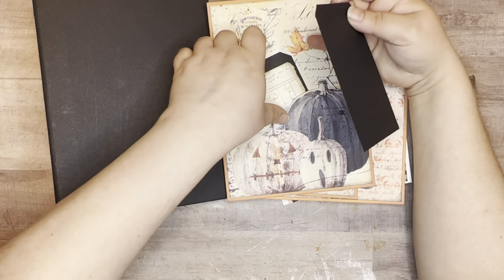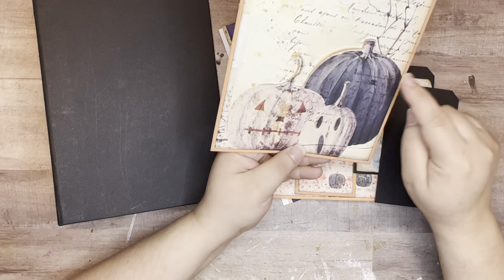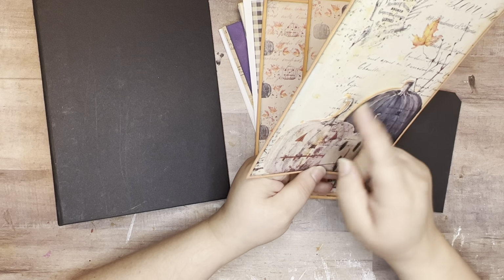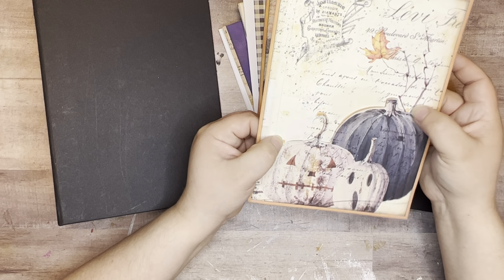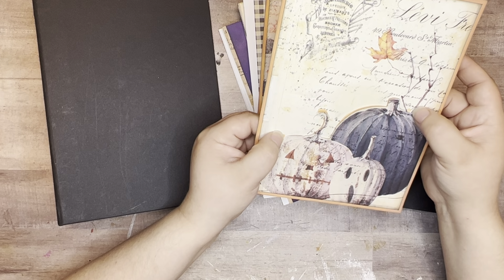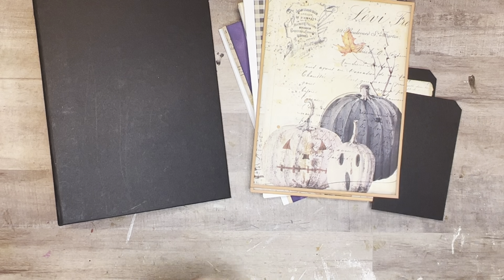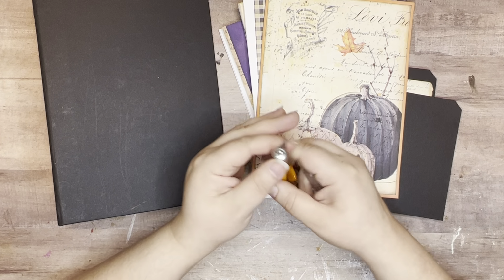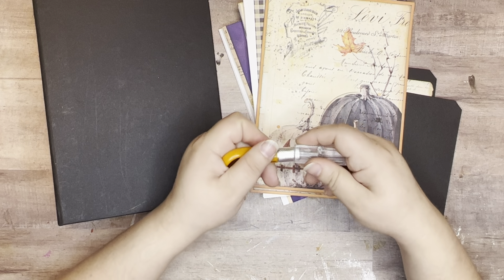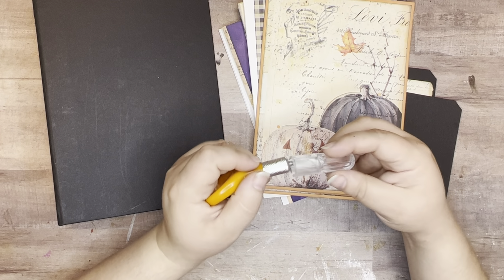But another thing that I did is I cut the outline of the pumpkins here. I took my crocodile, punched some little holes so that I would know where I needed to go, and then I just cut around those with this little tool here, which I need a new blade for because my tips broke off, but that's okay. It worked fairly well. Not the best cutter in the world, but